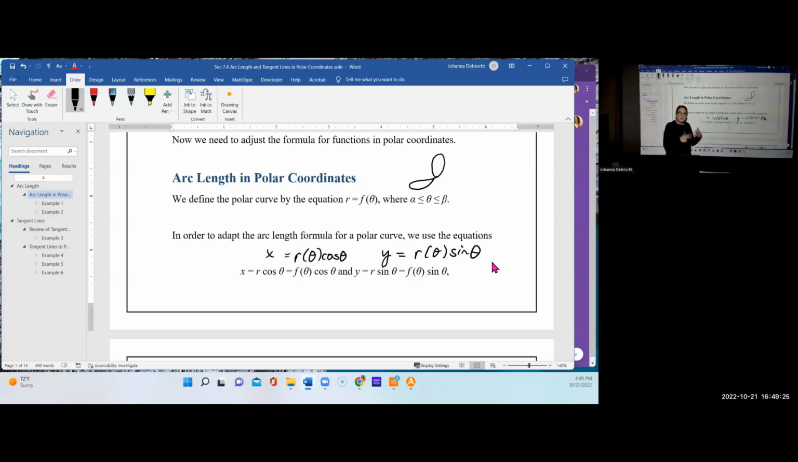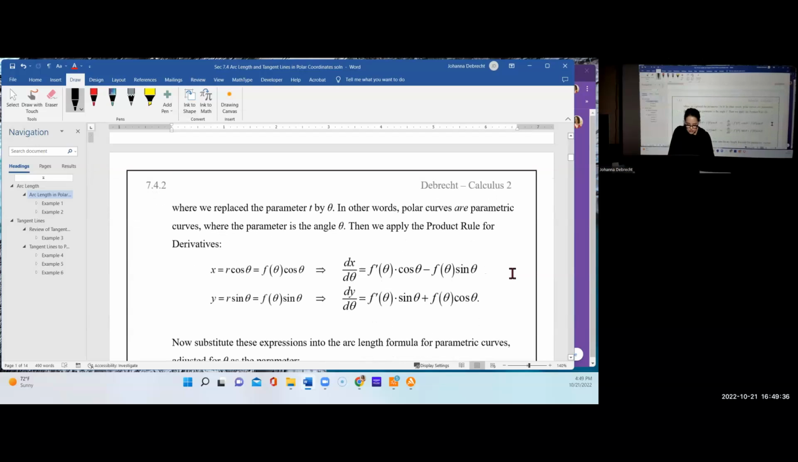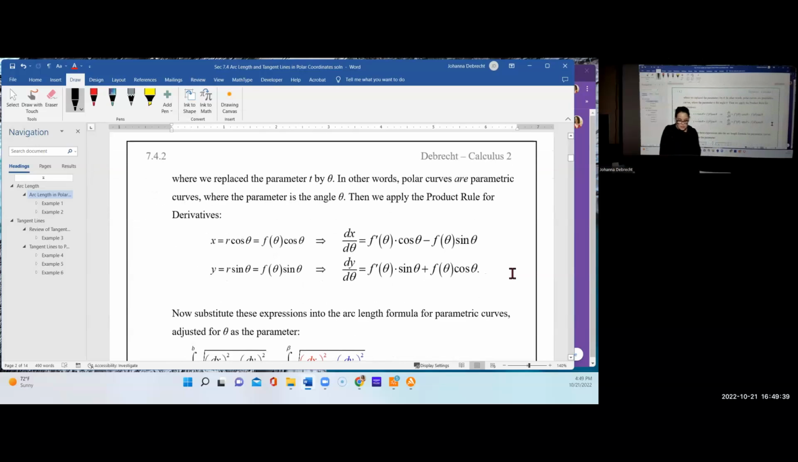R is a variable that depends upon theta. So we've got two things in the expression for both x and y that depend on theta. So when we use these equations, we're actually replacing the parameter t by theta. So we're looking at it as if it were a parametric equation, but with t replaced by theta. And in order to find the derivatives, dx/dt, dy/dt, we instead compute dx/d theta, dy/d theta,